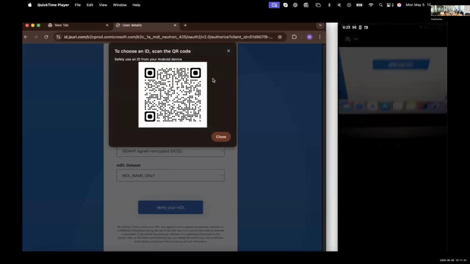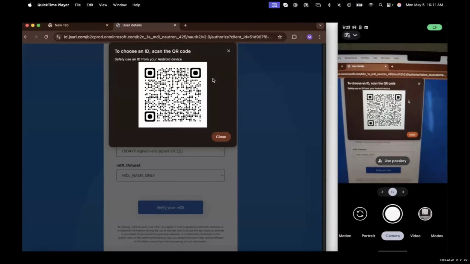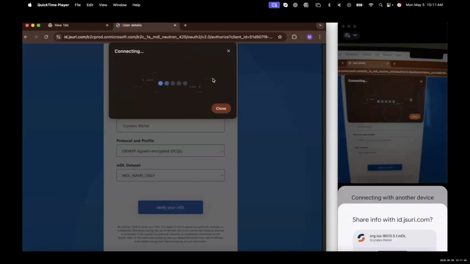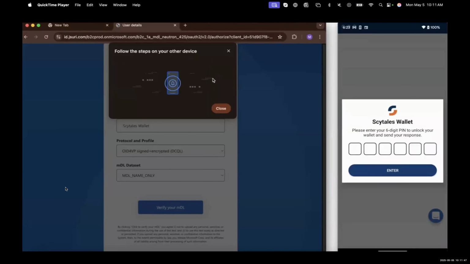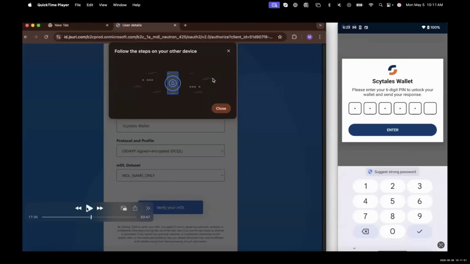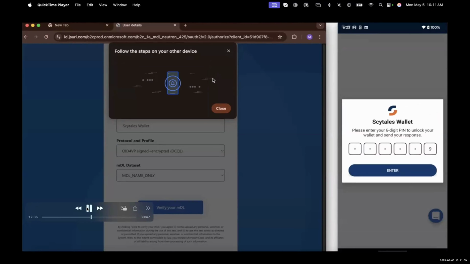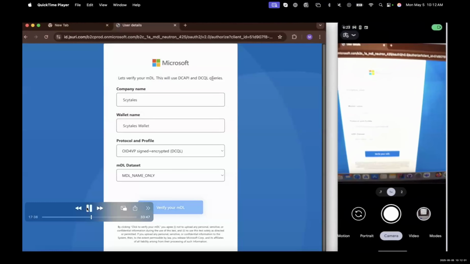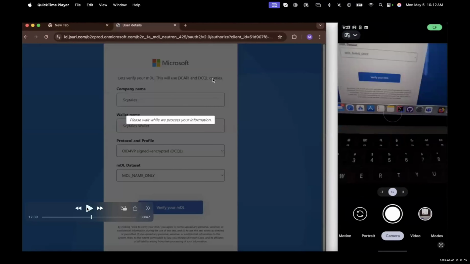Yeah, here we test the Scytales wallet with the NCCoE architecture verifier. We select for signed request and encrypted response with MDL mdoc, name only. We scanned the QR code as it is a cross-device scenario.